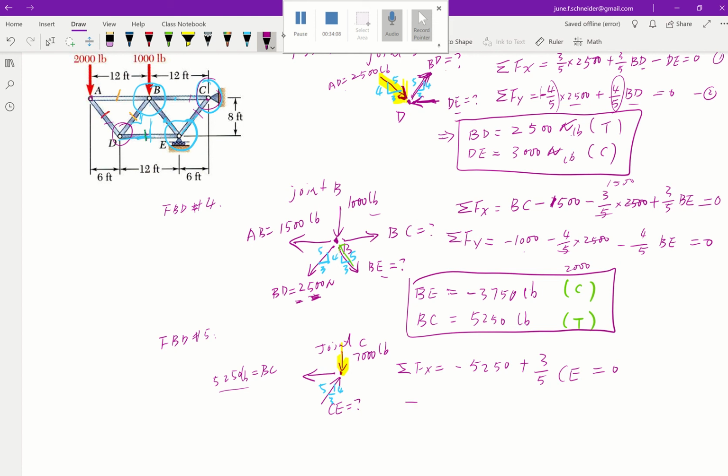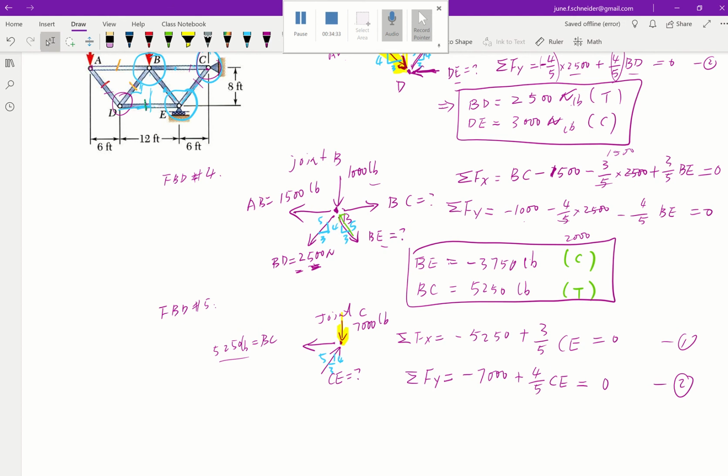that equal to 0. For our set of Y, we will have this downward negative 6,000. Then we'll have this 4/5 of CE going upward equal to 0. And you notice something? We don't even need the two equations to solve this one unknown. Either forces at x and y are going to give us the answer, and this should give us the same answer. So I'm just going to try 5250 times 5 divided by 3. We'll have 8750. That's my CE,